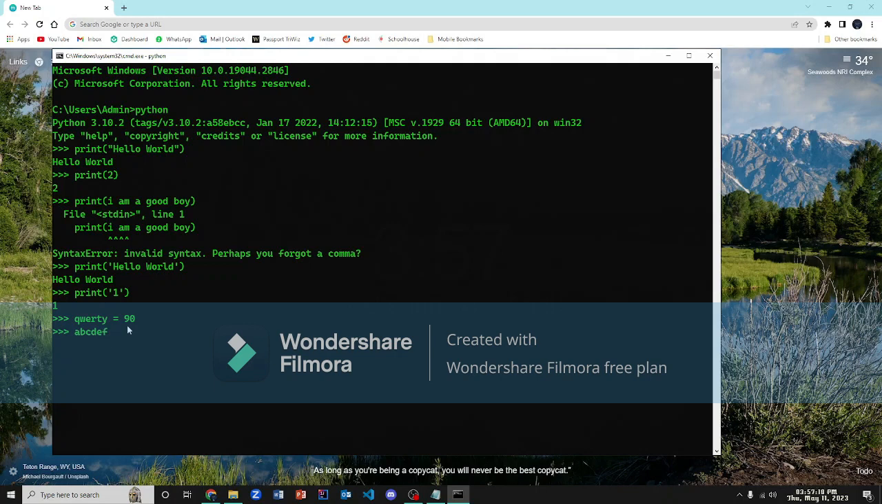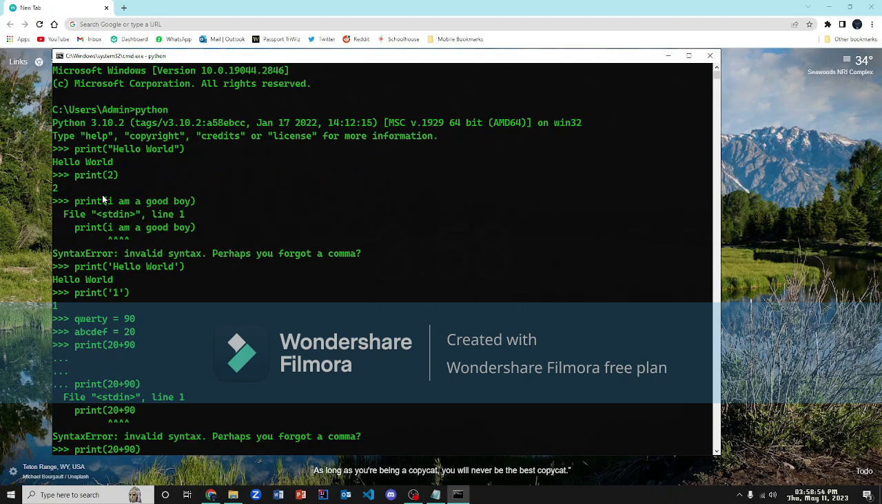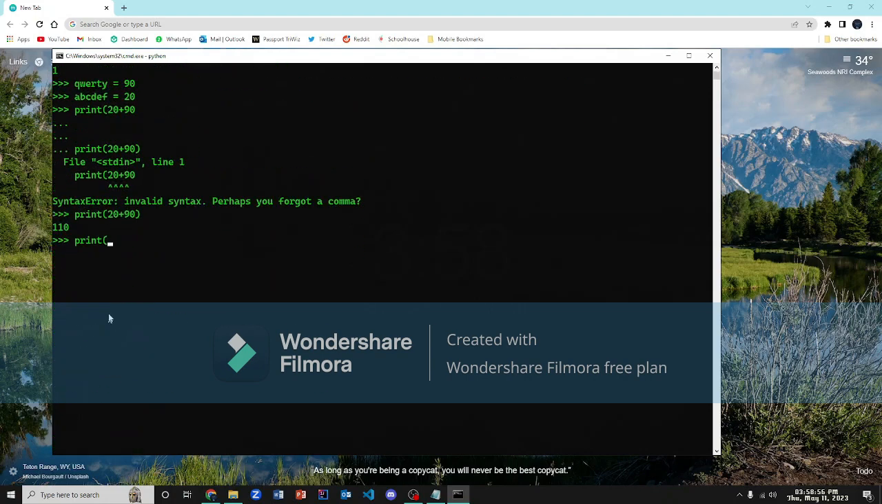Now if there is another variable, a b c d e f, as you can see here, I have considered a b c d e f variable as 20. The value of it is 20. Now if I print 20 plus 90, the answer is 110. If I print QWERTY plus a b c d e f,